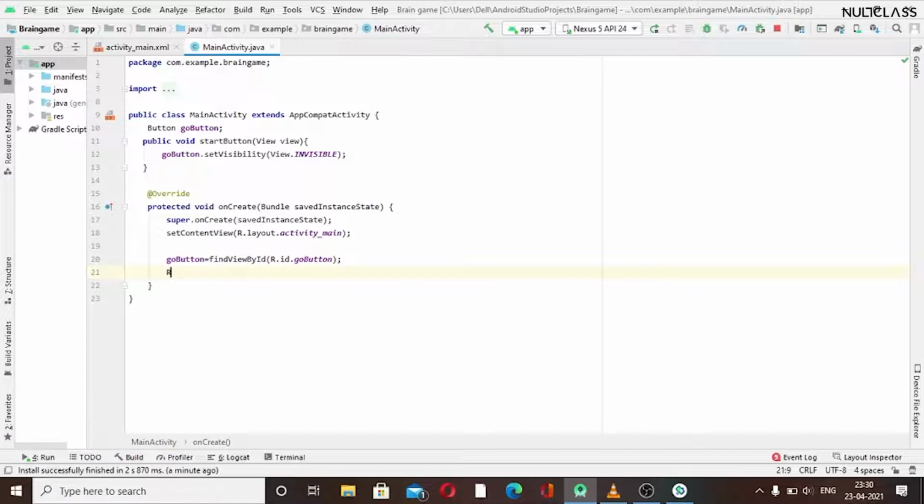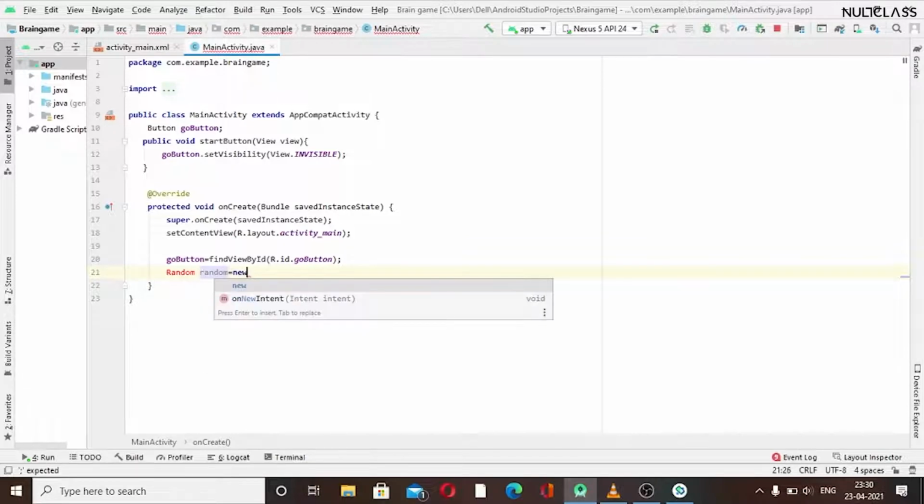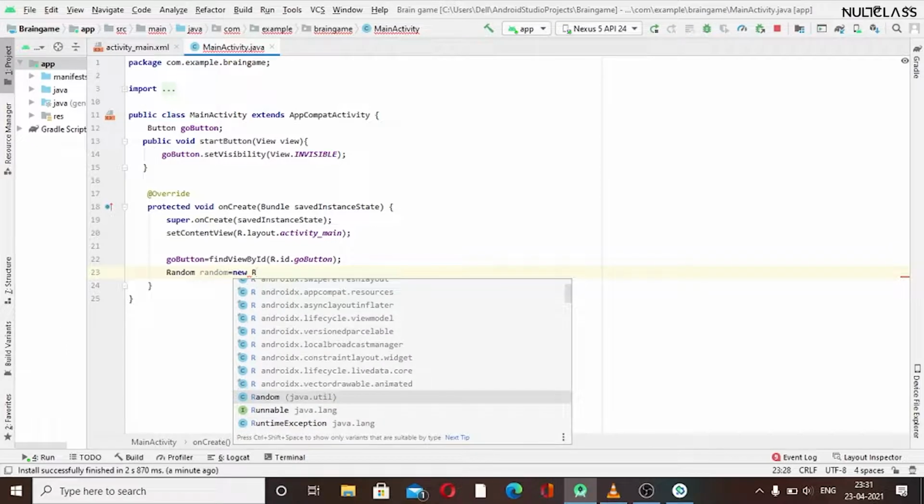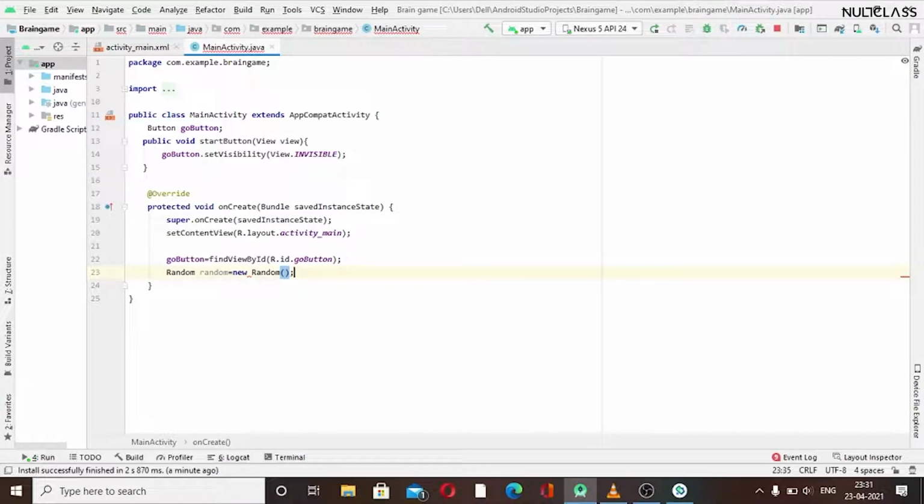So we will add the Random class first. We have to import the library here. So the library is imported. Now we just have to create the object of the class, and now we have to initialize two numbers.